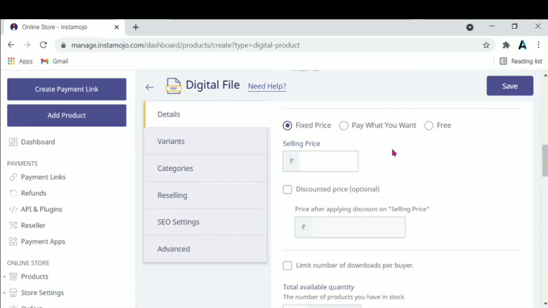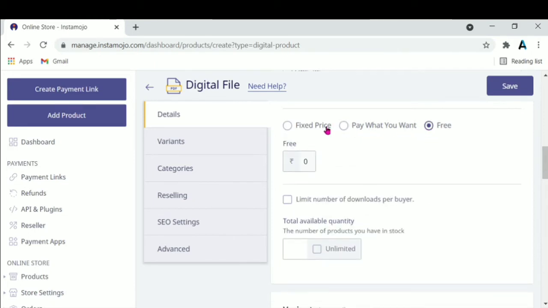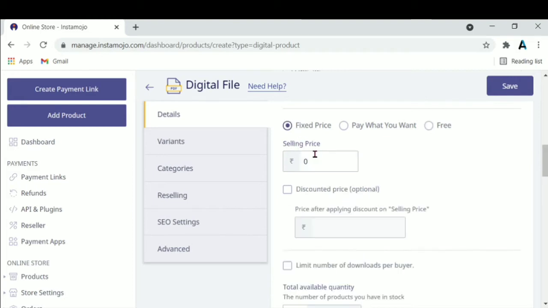Then add price here which you want. If you select this fixed price, then write a price here. If you want to get discount, then click here and write here the price after the discount.